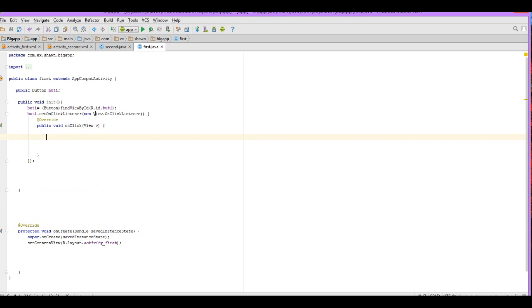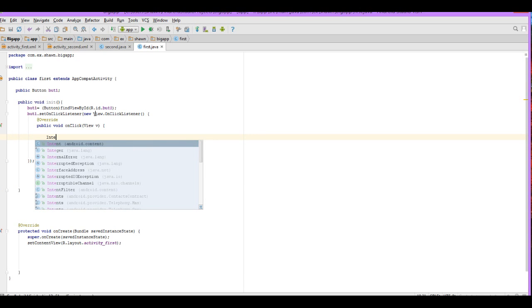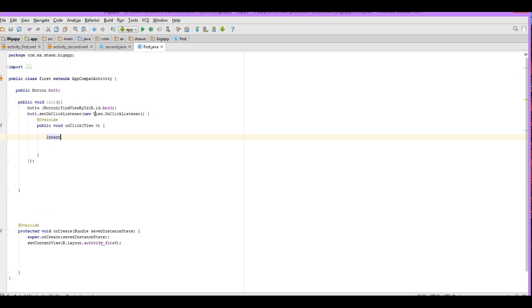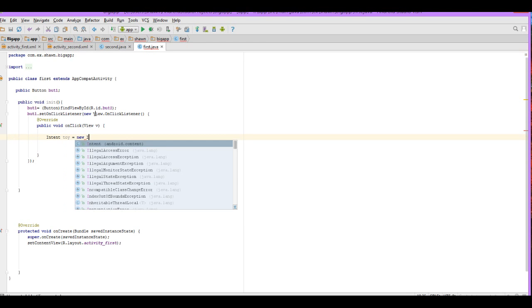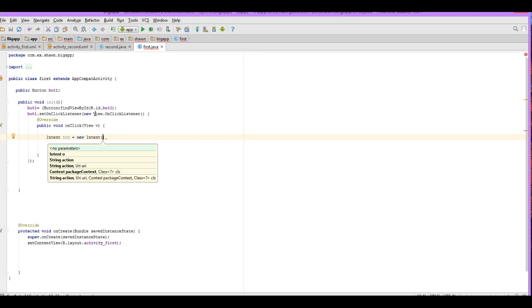So what is going to go in this? We're going to write an intent. An intent is telling Android what you are intending to do, what it is you want to do. So Intent, and I'm going to call my intent toy. My Intent toy equals new, and we're going to put in a new Intent, and the new Intent